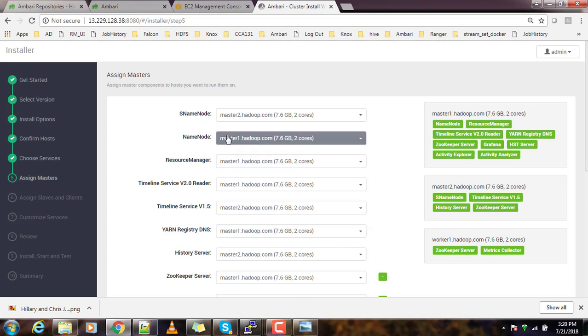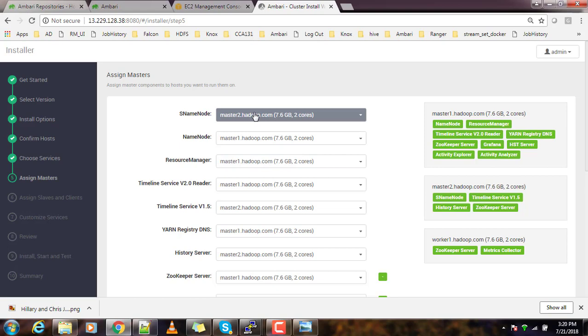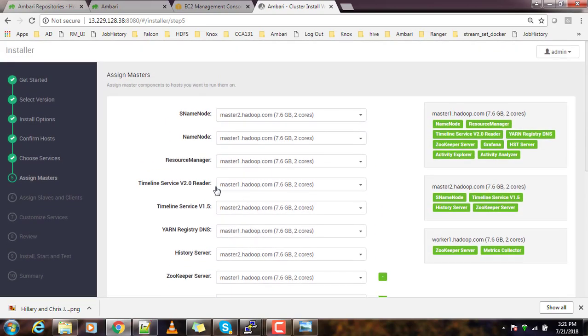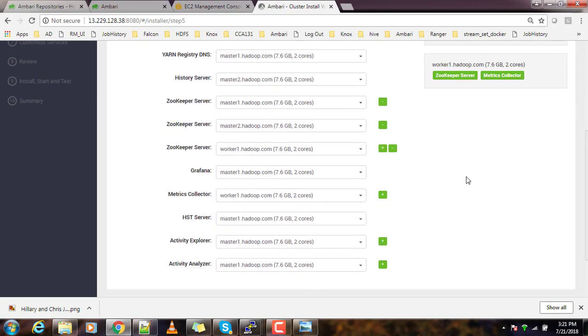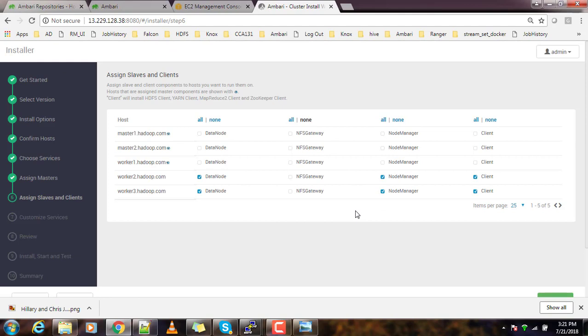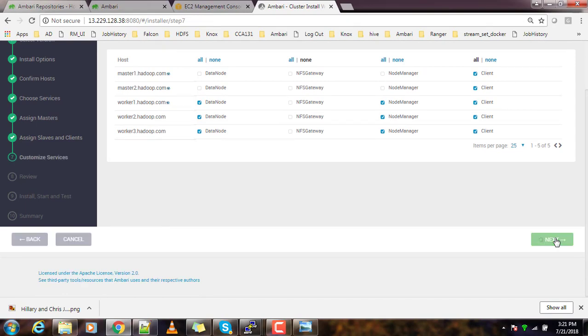Then this is the host selection, and what are the master components where we are going to install them. So the NameNode on master 1 and master 2, and for Zookeeper I need one more host, otherwise I'm using the master. So if you have more hosts you can choose properly, but here I have only 4, 5 hosts, so I have only this option. Then click next, and where I need to install the worker components, and yeah, the client components let me install on all the hosts. Then next,